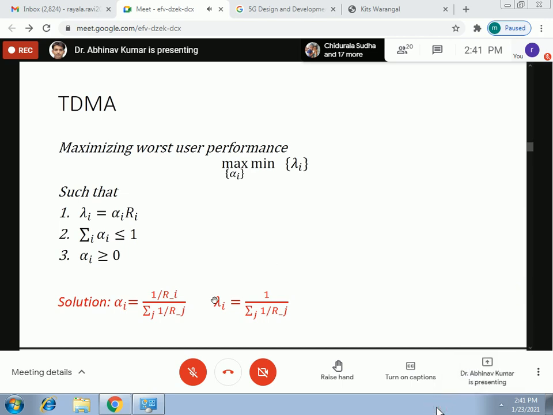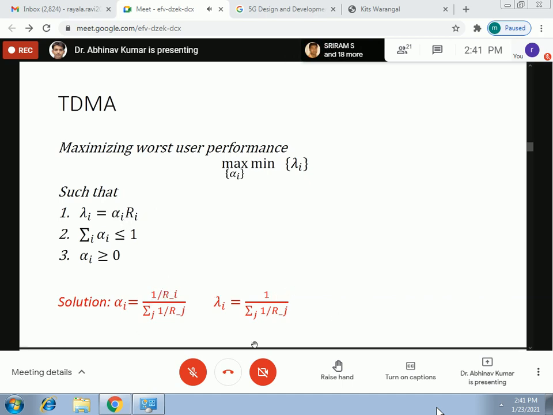So the lambda i's will be nothing but equal rates, and the rate will be nothing but the harmonic mean. You take the harmonic mean of the ri's or rj's, you can say here, just to differentiate between i and j. So 1 upon the harmonic mean rate is equal to summation of 1 upon rj, over all j. This essentially means that each user ends up getting the harmonic mean rate. And to achieve this, the time fraction has to be equal to 1 upon ri times summation of 1 upon rj over j. When I multiply this alpha i with ri, the ri cancels out, and I'm left with the harmonic mean rate, right?